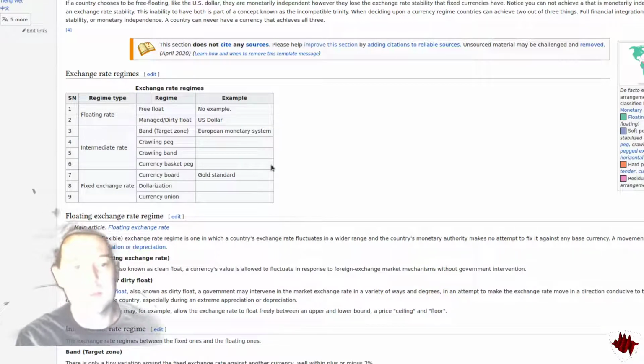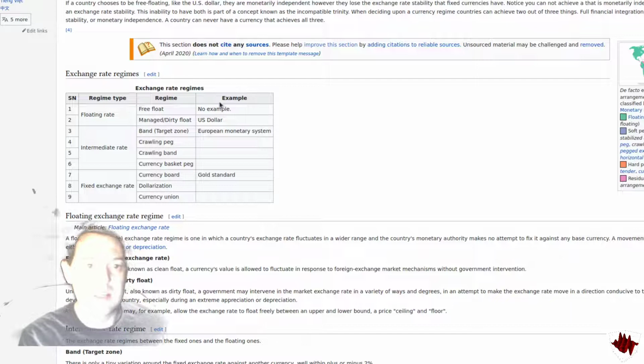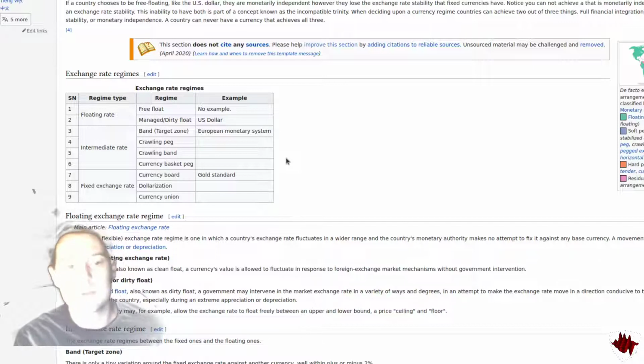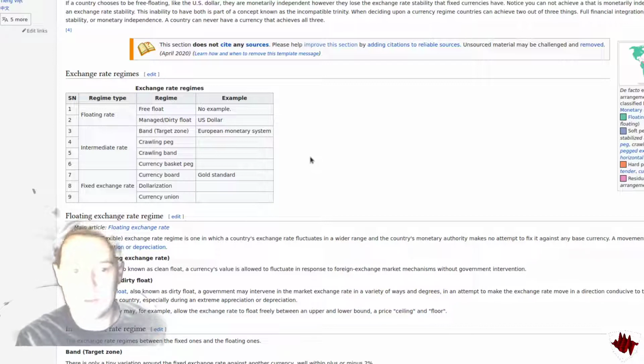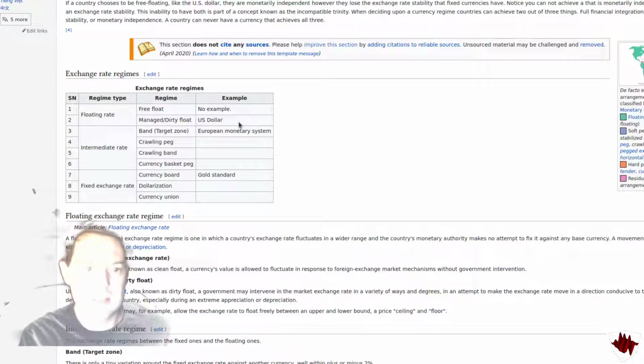When the government changed to democracy in 2012, they decided that it would be a free-floating currency, and they started telling everyone every morning what the exchange rates would be. So usually when you see this kind of information, you get what is known as OHLC data, open, high, low, close. They tell you what happened in the previous day's trading, and that's what a free-floating currency is, but instead they wake up every morning and decide what it's going to be, and everyone is like, okay, this is a free-floating currency.